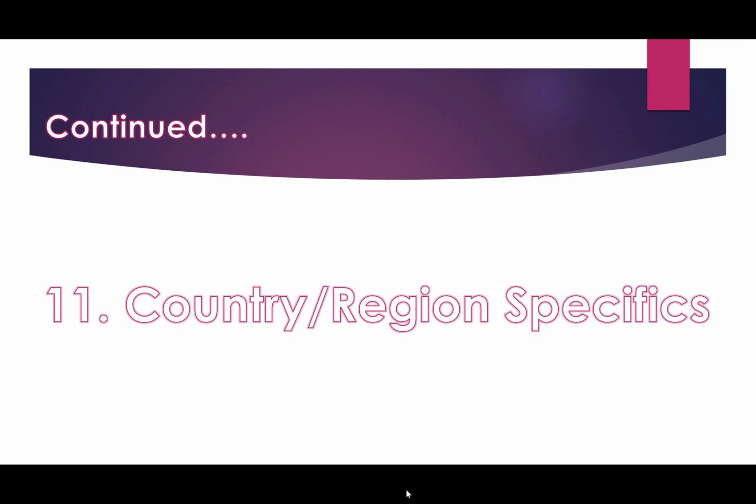Country and region specifics. Employee Central is used to store two kinds of information. First is the personal and job information of employees, and second is the company information. Both these kinds of information can be country or region specific as well. The required fields, formats, and pick lists are listed for each country or region. This information is primarily defined in the CSF succession and CSF corporate data models.